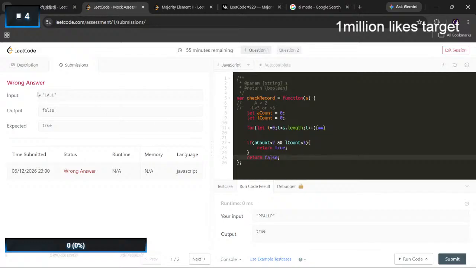What is wrong? LLE. It's true. A count should be less than 2 and L count should be less than 3. Yes, it is true. Then it became false.